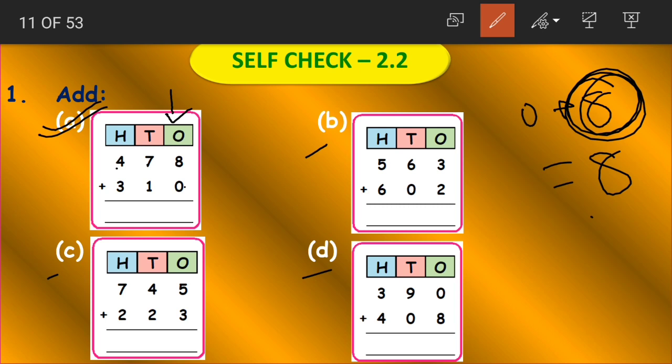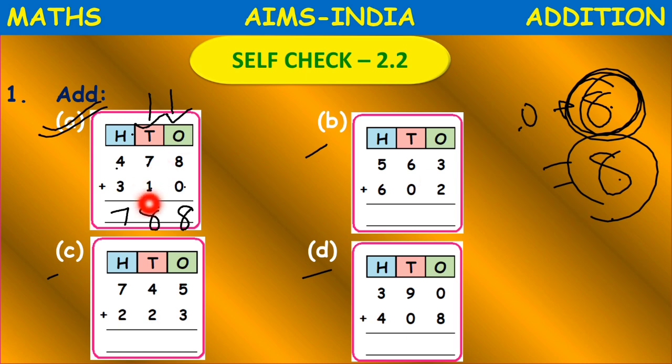Imagine that you had 0 chocolates and somebody gave you 8 chocolates. Now how many chocolates will you be having? You will be having 8 chocolates, right? So in this way 0 plus 8 becomes 8, and then coming to the tens place we have 7 plus 1. 7 plus 1 becomes what, children? Yes, 8. And coming to the hundreds place we have 4 plus 3, which is nothing but 7. Yes, this is how we add the 3-digit numbers. Okay children, try solving B, C and D and I'll tell you the answers tomorrow so that you can check.